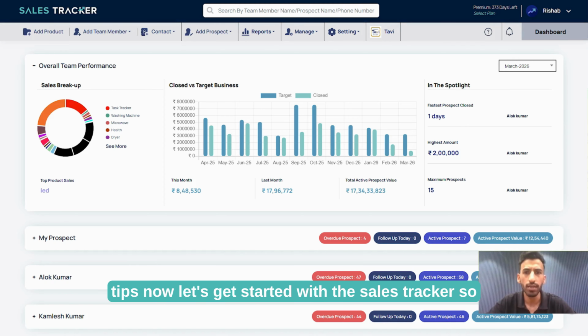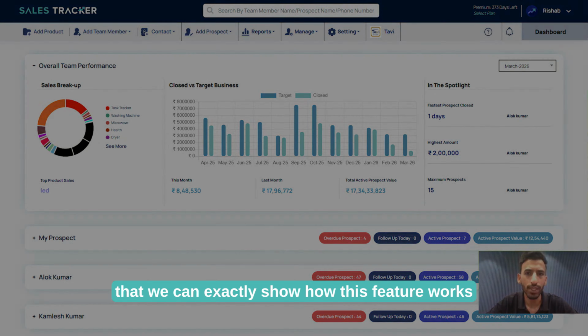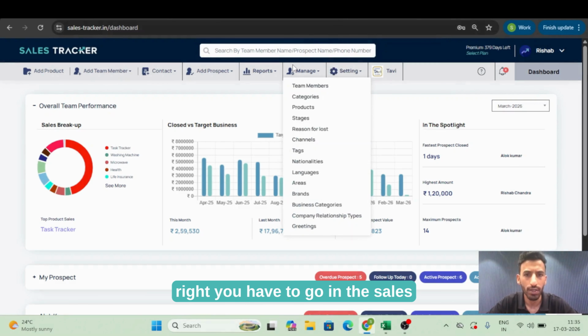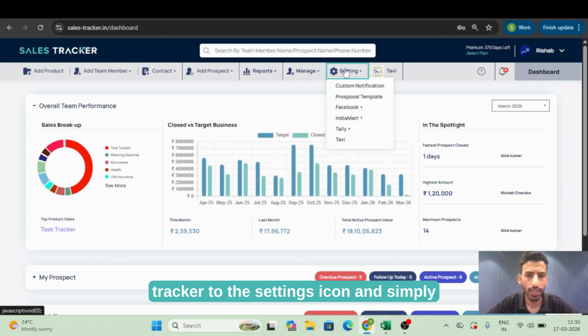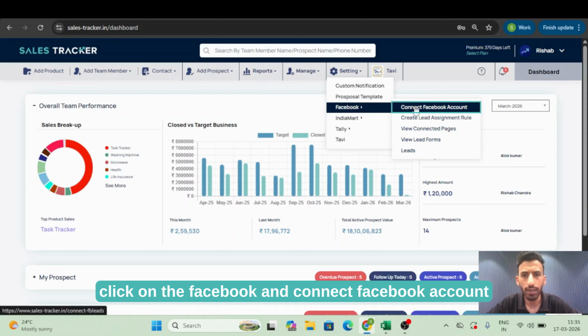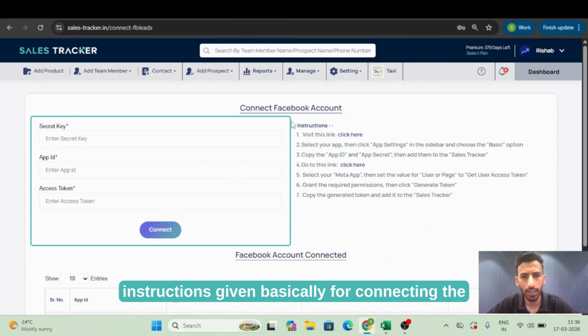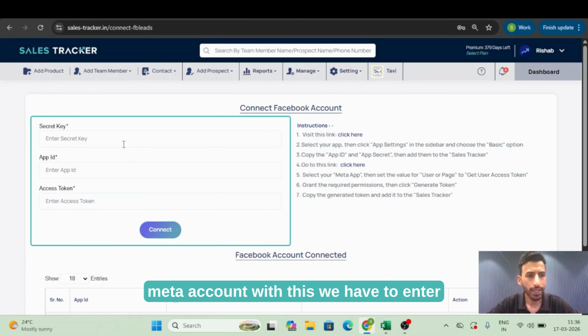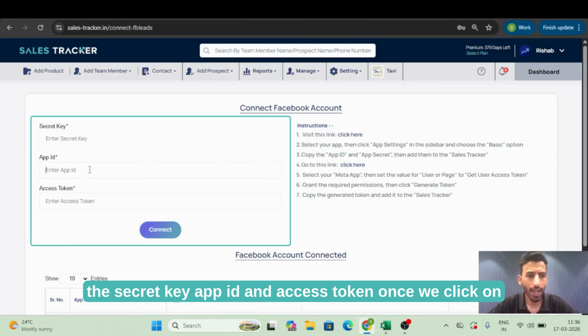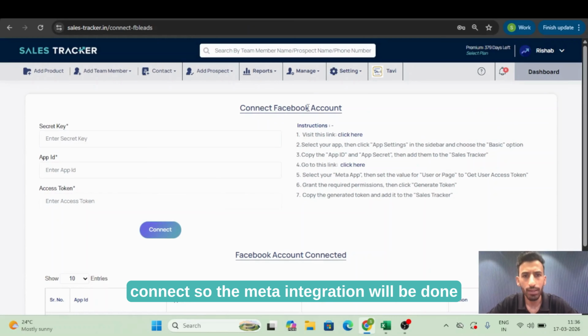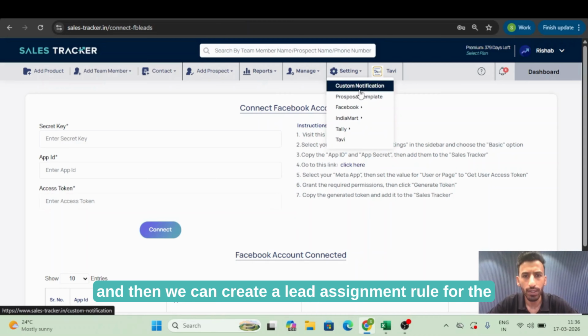Now let's get started with the Sales Tracker so that we can exactly show how this feature works. You have to go in the Sales Tracker to the settings icon and simply click on Facebook and connect Facebook account. Once we do that, there are instructions given for connecting the Meta account with this. We have to enter the secret key, app ID, and access token. Once we click on connect, the Meta integration will be done, and then we can create a lead assignment